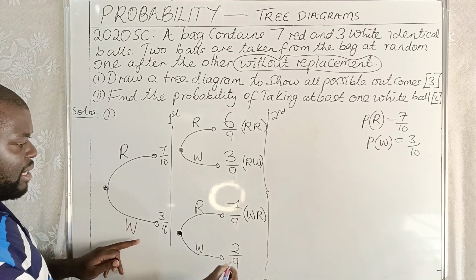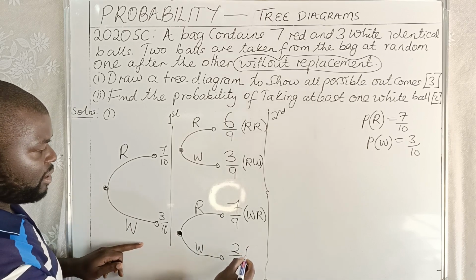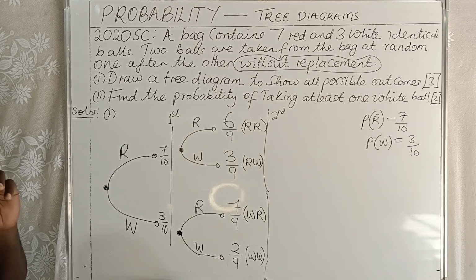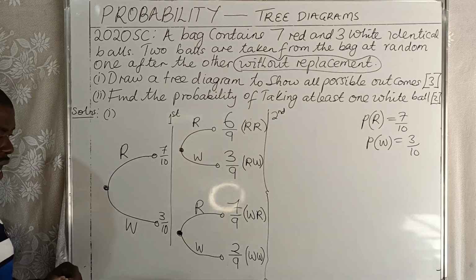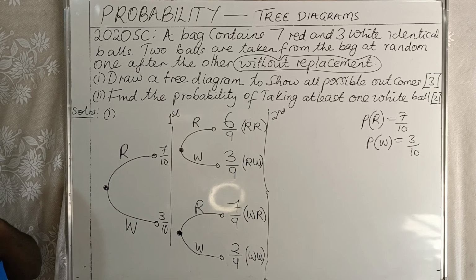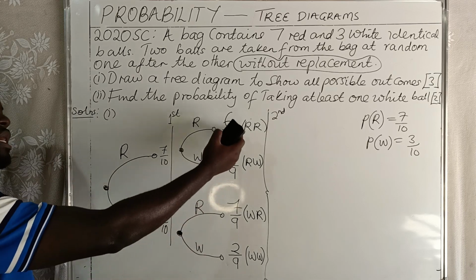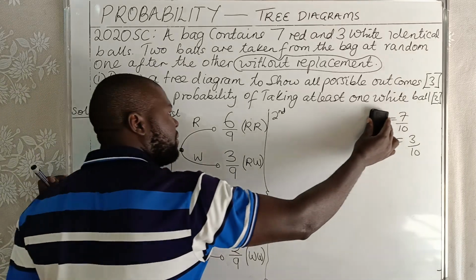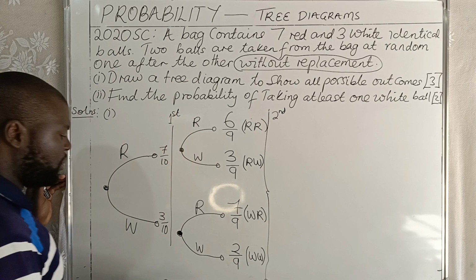We have white here, and when we come here we have white, white. Okay, so these are the possible outcomes, and just as the question asked us to find, we were told to draw a tree diagram and to show all possible outcomes. So the possible outcomes are red, red, red, white, white, red, and white, white. Okay? So continuing,